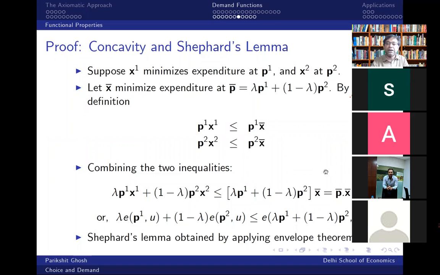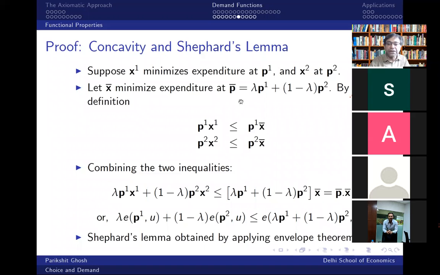So when you say X bar is minimizing expenditure, it is when the price vector takes a specific form, namely P bar. X bar is the optimal choice when the price vector is P bar. If the price vector is something else, then X bar is not the optimal choice, right? So P bar X bar is the minimized expenditure when the price vector is P bar. That's why, in the above